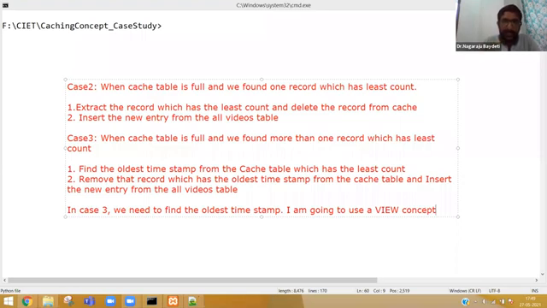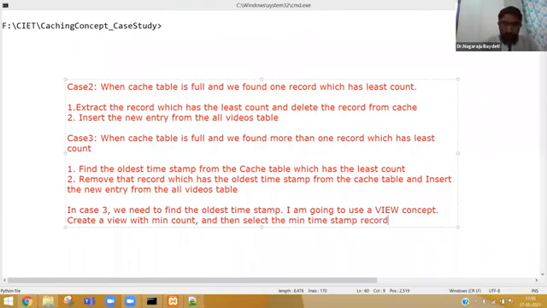A view is not self-existent, but it is created dynamically. I also told you that in future sessions, when I explain a case study, I am going to use it. Simple: create a view with minimum count and then select the minimum timestamp record. That is what I am going to show you: how to create a view, how to select the minimum count.